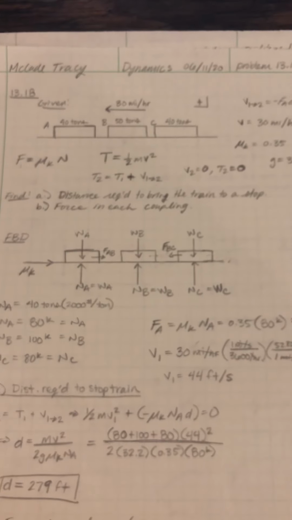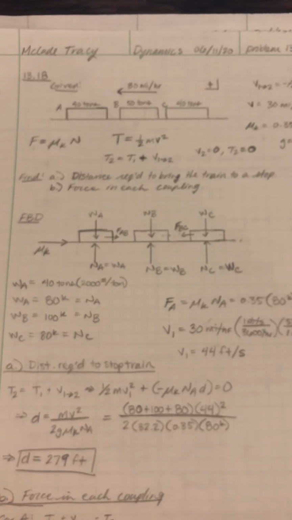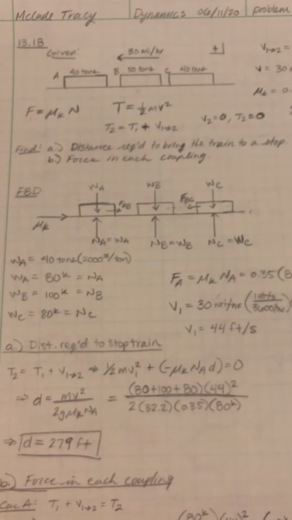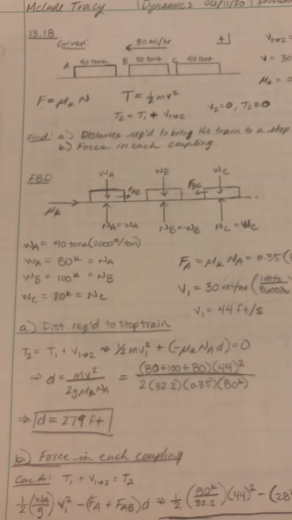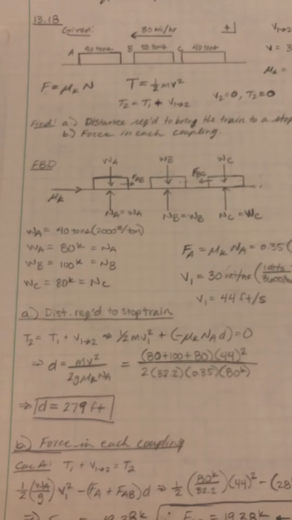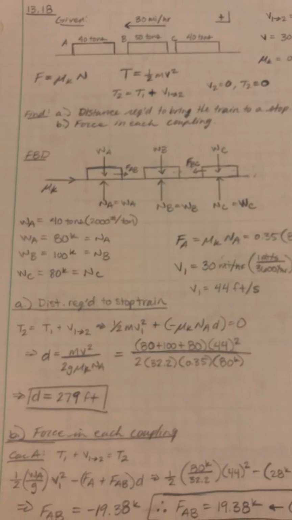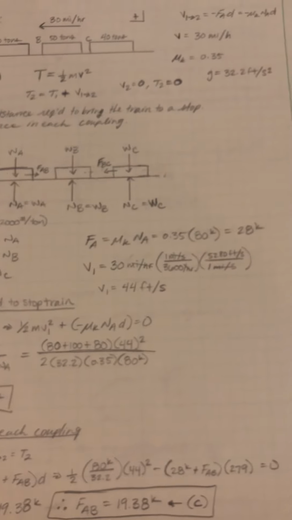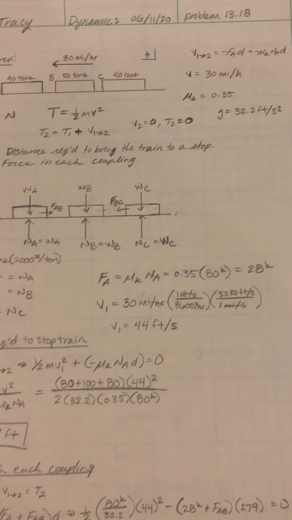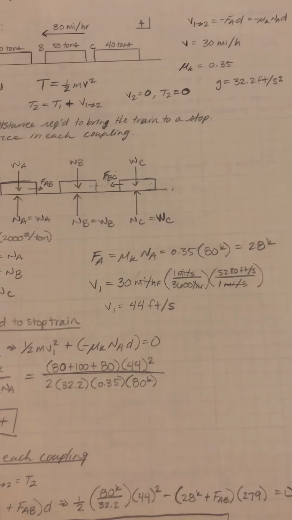Here we're being asked to find the distance required to bring the train to a stop and the force in each coupling. Using a free body diagram, we're able to find the values we can work with in a bit easier fashion, rather than just using 40 tons and 50 tons. Break that down into kips. And from there, we're finding the force at A that is acting on that car